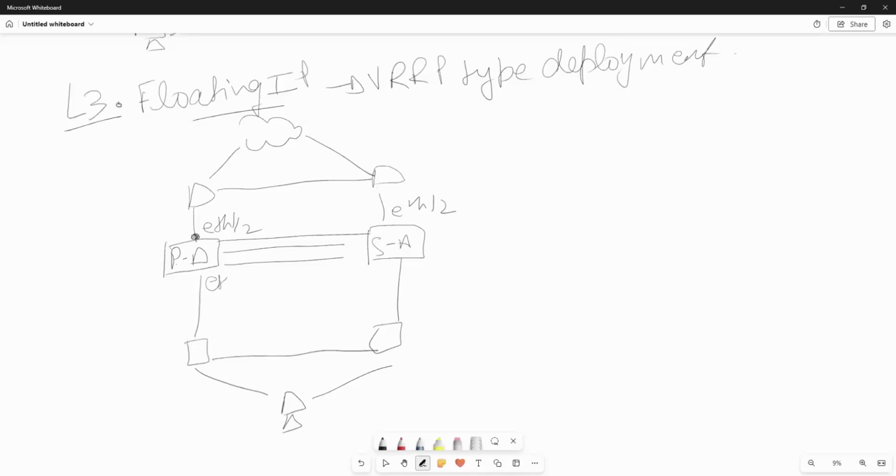This is ETH 1/1, and this is ETH 1/1. The subnet over here is each interface will have a unique IP. Each interface will have a unique layer 3 IP,